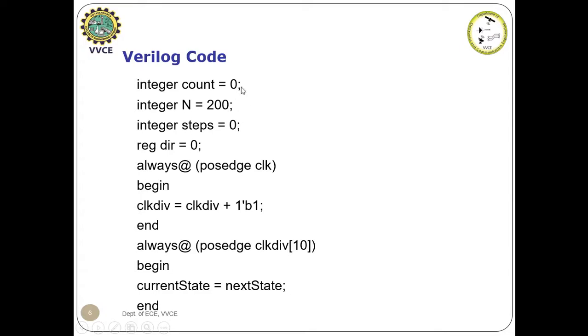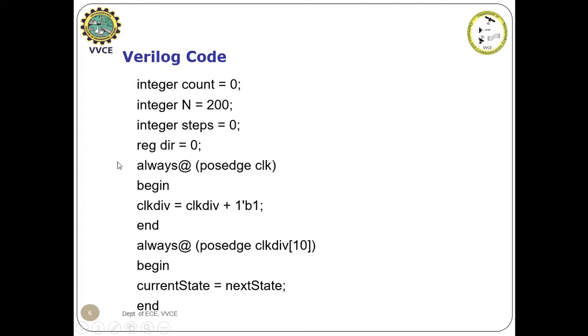Okay, this is the steps per revolution. If I use 200 steps per revolution, then I can rotate 360 degrees. If I choose 100, then it will rotate 90 degrees or more like that. I am choosing a value of n as 200 because I want to rotate 360 degrees clockwise, 360 degrees anti-clockwise, and 50% of that is 180 degrees. Therefore, I am keeping my n value as 200, integer steps is 0, and direction value I am initially assuming as 0.